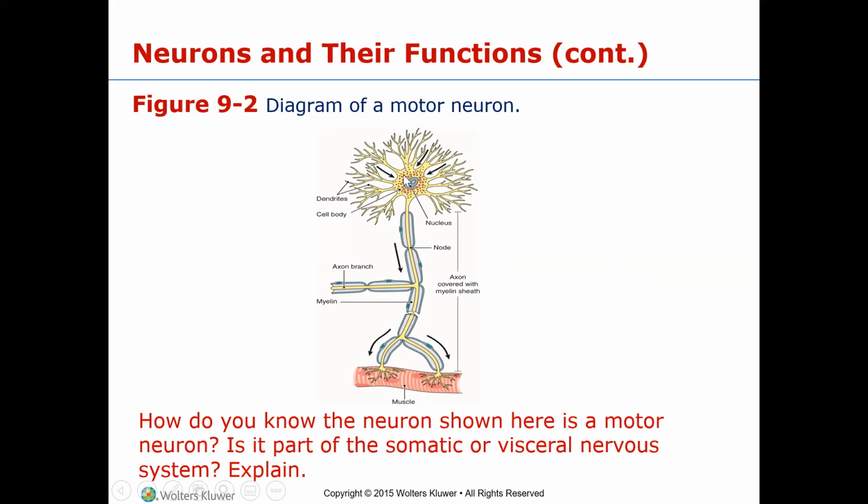Then coming off of the cell body in the opposing direction from the dendrites, which are on the one side, is the axon, and the axon can be branching. There are actually several different types of neurons. There are these things called unipolar and bipolar, but of course I'm not going to have you know all of those. This is just the basic structure of a motor neuron, which is part of the peripheral nervous system, and